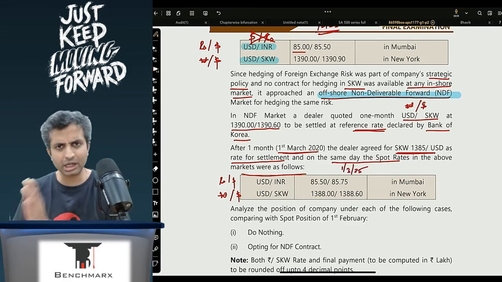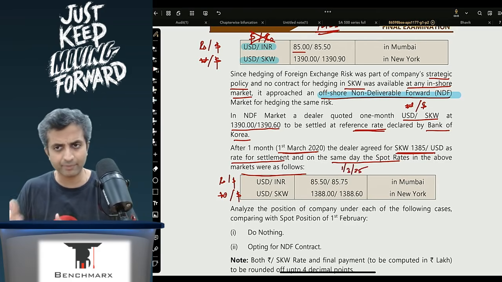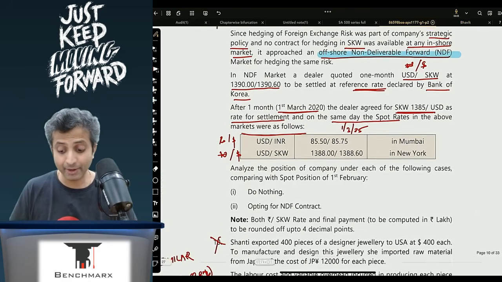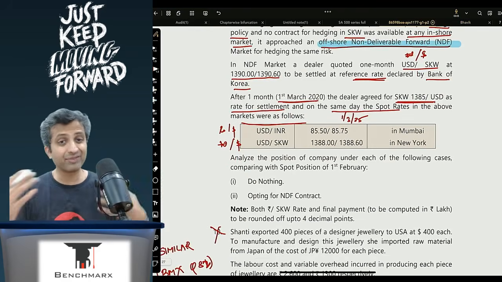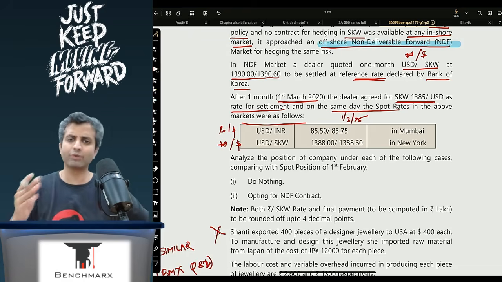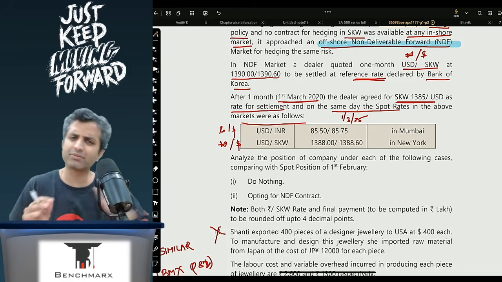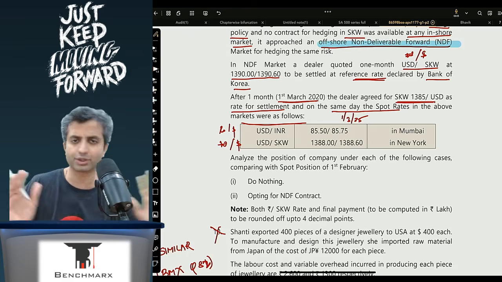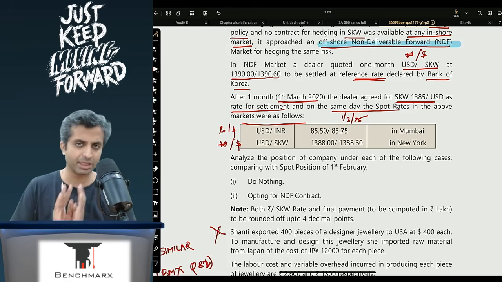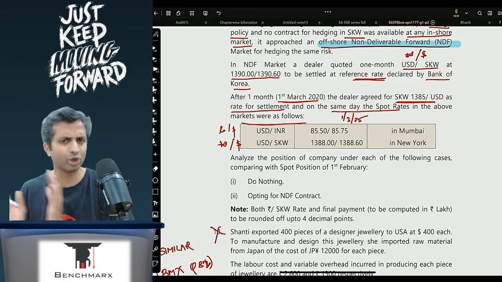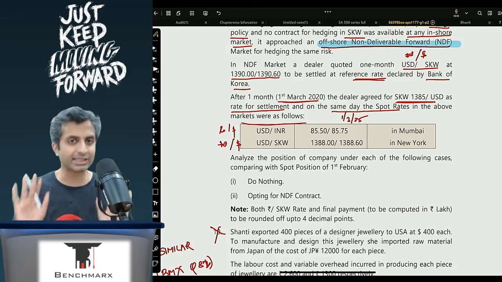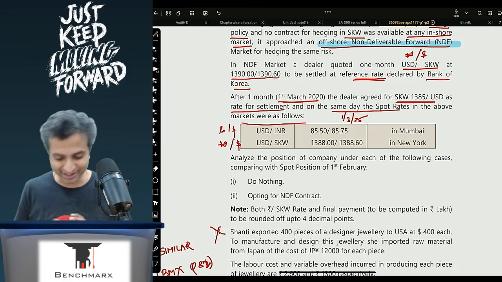I've solved this in our method in the board notes, and I will share this with you on the Telegram channel as well. But again, if you have taken classes from us, you will be aware of this method of solving. If you have taken classes from somewhere else, there will be a slightly different method of solving. Different professors have a different way of solving, but all of that will come to the same ultimate conclusion. So you can apply your method and come to the ultimate conclusion. Your answers will be exactly the same, and marks in the exam will be exactly the same.